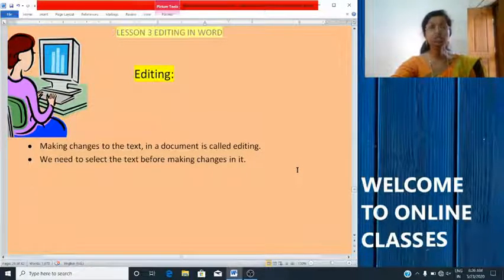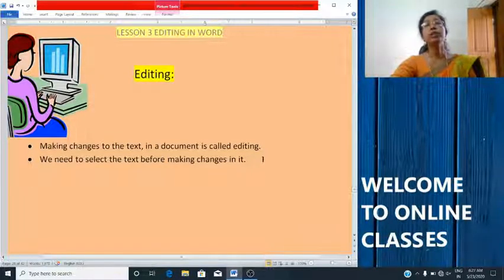Making changes to the text in a document is called editing. You know that when you type, you may make mistakes. Maybe spelling mistakes, maybe grammar mistakes. Maybe by mistake, you may type another word. Okay, so after that, you can make corrections in that. So this making corrections, or making changes to the text in a document, is called editing.